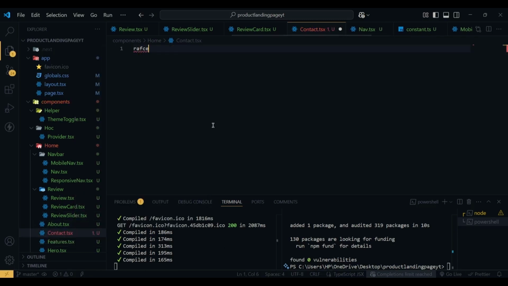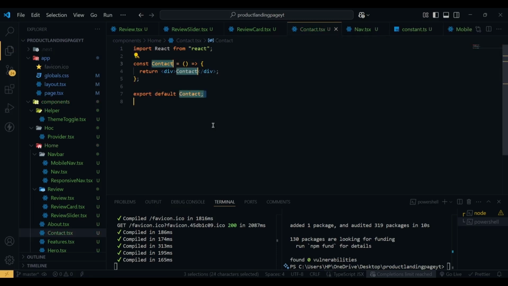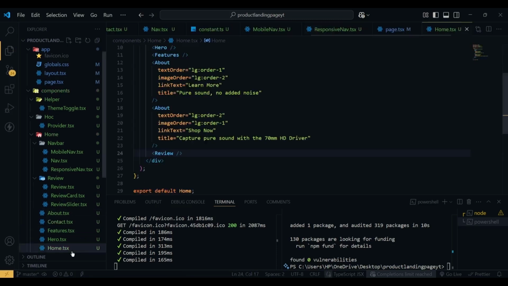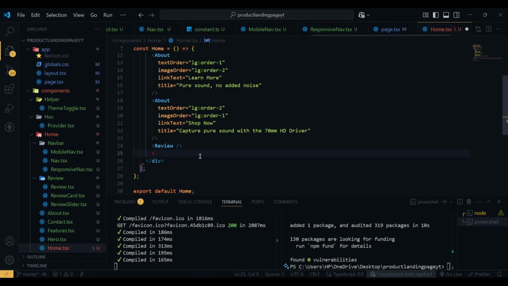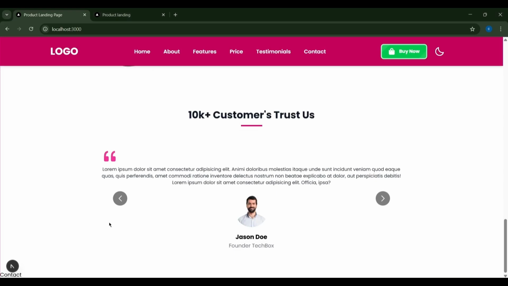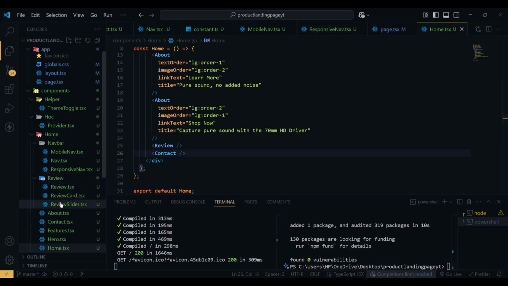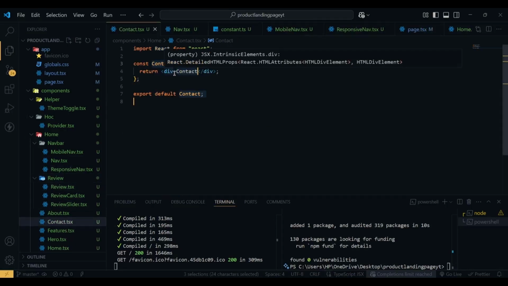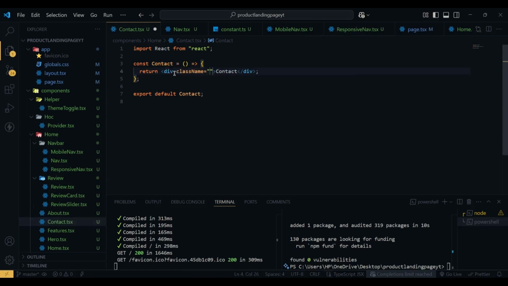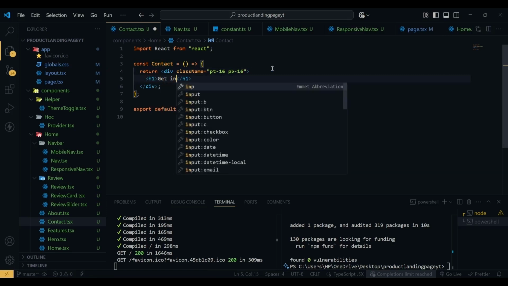And here I'm going to use RAFC to create the component boilerplate, and then I'm going to add this in my home. So after the review we will have our contact section. Now if I hit save and go to our project, here you can see we have the text contact. Now let's go to the contact.tsx, and the first div have a class name of padding top of 16, padding bottom of 16. Then inside this div we will have a h1 with the text get in